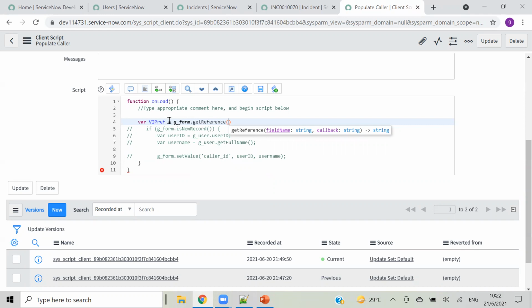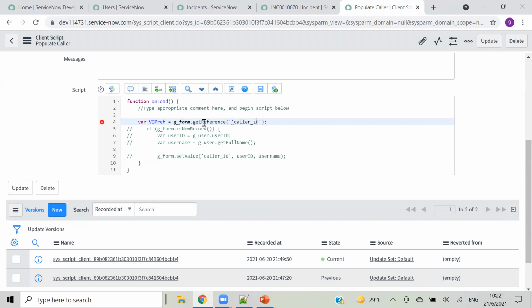You can directly access it with .getDisplayValue in a server side script, but it is not possible in a client side script. So how will you do it in a client side script? We can do that using g_form.getReference, so reference of caller_id.